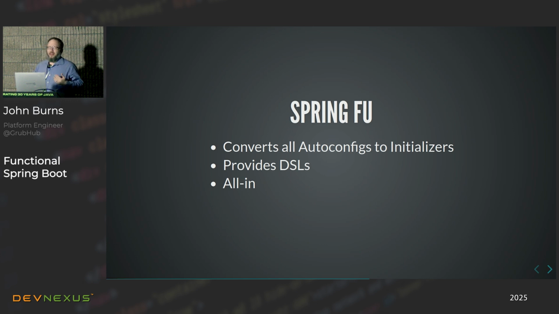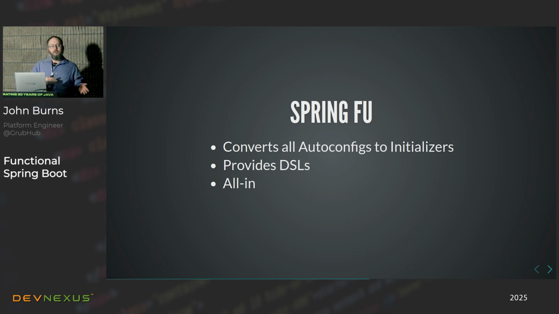So that made it kind of a non-starter for an enterprise that wants to start using this technology, right? Or in any kind of existing thing that wants to start using this technology. But it was a very interesting proof of concept that all of this stuff is possible. One of the main motivations of Spring Foo was trying to get Spring to run on AOT, right? GraalVM. Because of all the reflection Spring Boot does, it couldn't at that time run on GraalVM. So this was a possible path to supporting GraalVM.